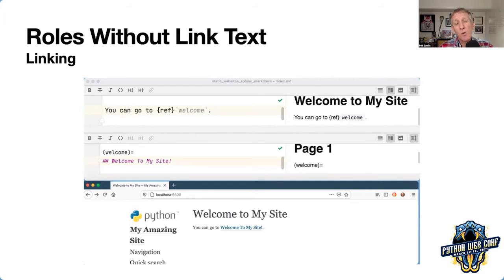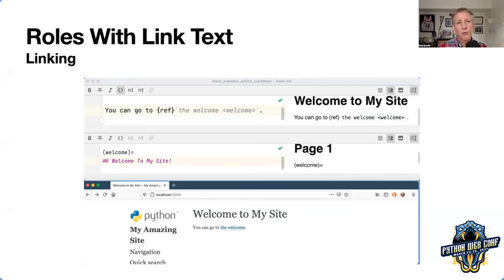So that's already nice. But what if the thing you're linking to has a really long title and you just want to say something short? You can still put in link text. In the back text, you will put both some text, and in greater than, less than, you will put the role that you want to refer to. It's actually quite similar to what you would do in reStructuredText without that underscore thing at the end, which I can never remember if I'm supposed to put it. All right, more friendly already.